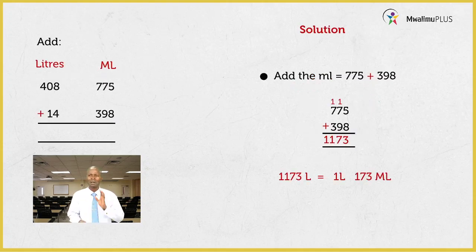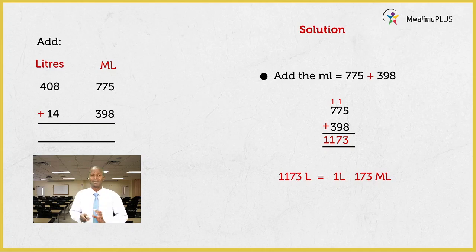First of all, you need to add the units of milliliters. They are on your extreme right. Once you've added that, then you move gradually to addition of liters. So let's add the milliliters. The milliliters are 775 plus 398. Just add normally. Start your addition from the ones, then move to the tens, then to the hundreds. So if you add that, you'll get a total of